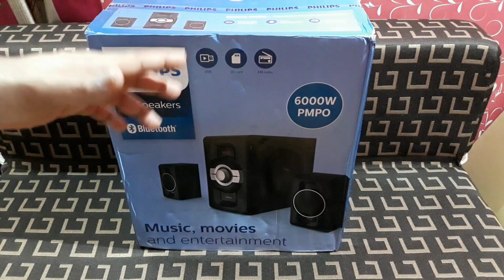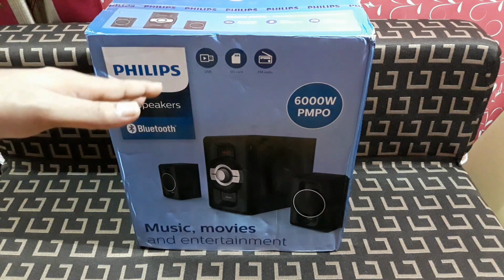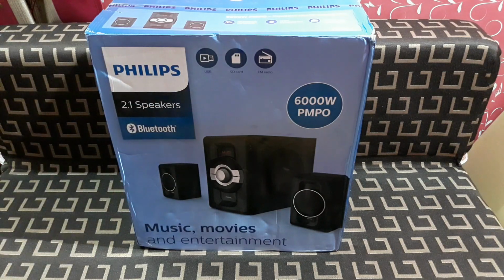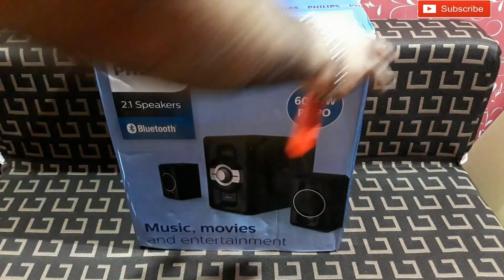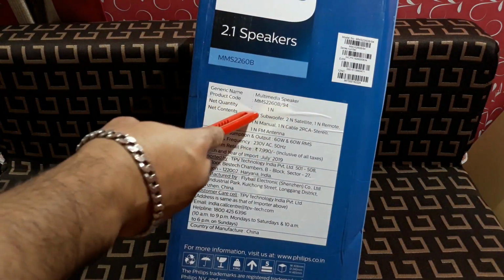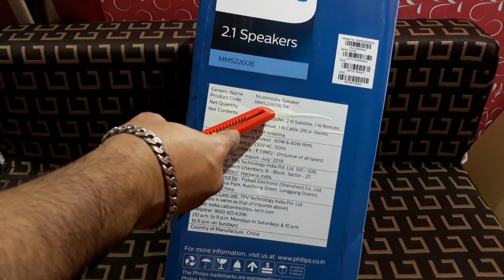So when the doubt became true, then I wouldn't mind the price for this thing, but I'm going to tell you later about that. So first of all, let's check the box itself. And on this side you can see multimedia speakers. That's the model number